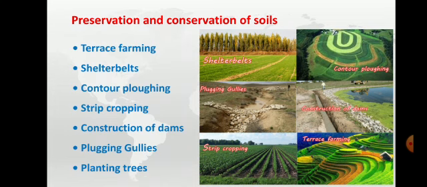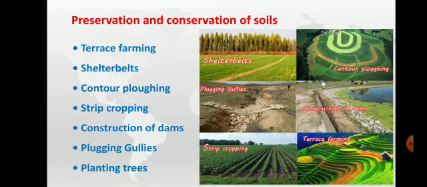So this terrace farming is very successful in Japan, Southeast Asia and in the USA regions. Next we'll see shelter belts. So here farmers plant the trees in several rows. Okay, you can see in the picture here like rows they used to plant the trees so that the wind velocity can be checked. Okay, so the wind erosion will be reduced when shelter belts are done.